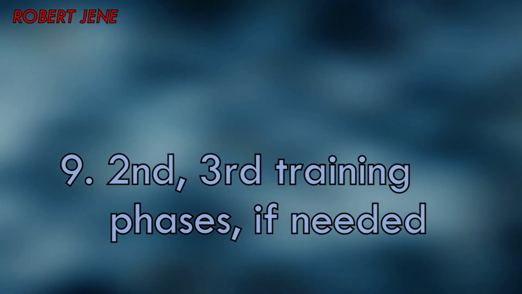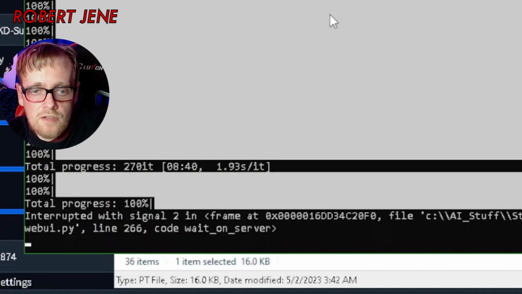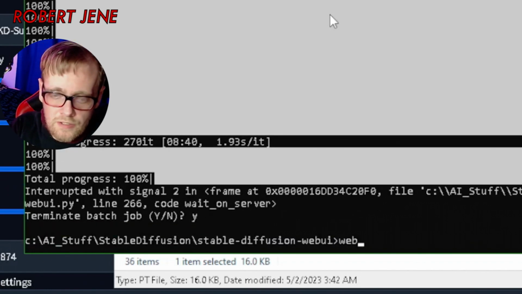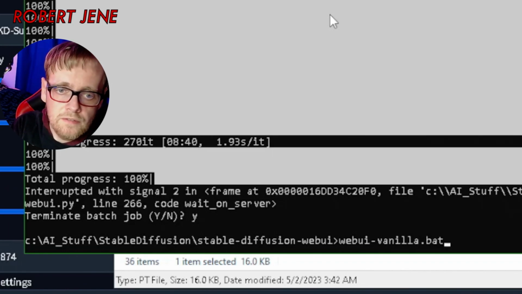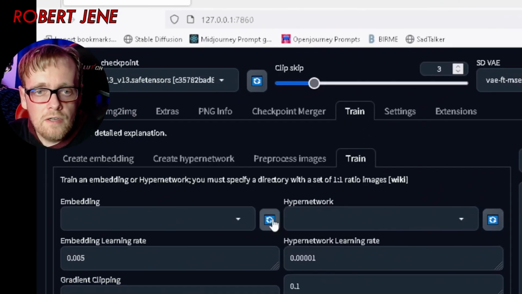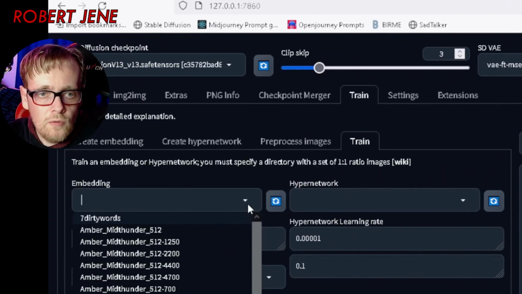Now I'm going to be doing more training, so I'm going to hit Control C to stop this. I'm not running WebUI user again. If you guessed right, it's WebUI-vanilla. Now it's running, I'm going over to the train tab, then the train tab under there, hit refresh under embedding. Look for